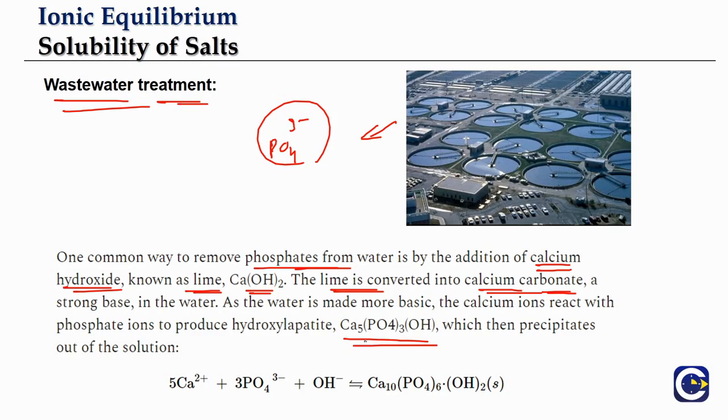Hydroxyapatite complex, Ca5(PO4)3OH. So this will be able to form a precipitate. This precipitate will help to remove the phosphate ions. So the industrial effluent which contains these phosphate ions, we can treat it, and we can make the precipitate form out of it by using lime. So this is another application of precipitation.